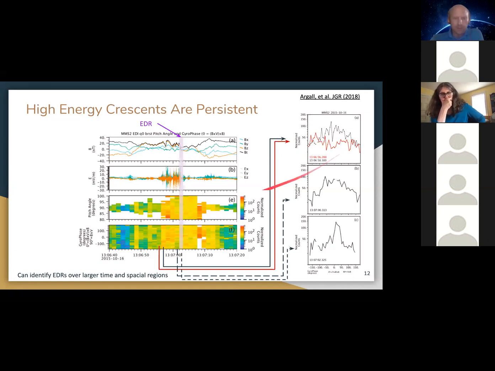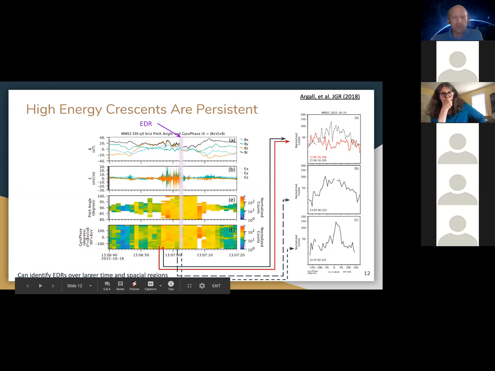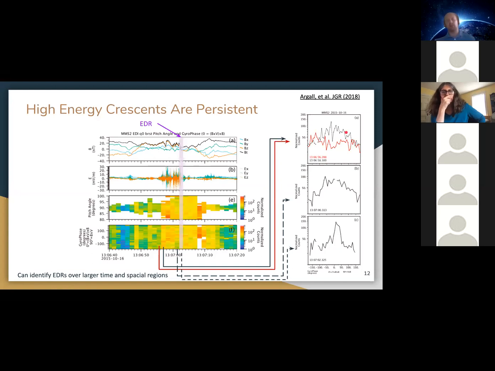As soon as we cross into the reconnection region, here we see a clear peak at an angle of 0 around the magnetic field, indicating that crescents are about to form or have formed. And those crescents are visible with EDI all the way up into the EDR. Within an EDR, we see a crescent distribution here. Whereas with the other instrument, with FPI, those circular distributions showed a clear enhancement of the crescent distribution around 60